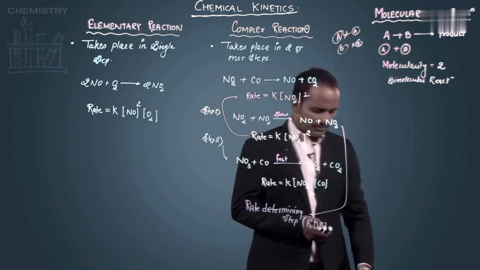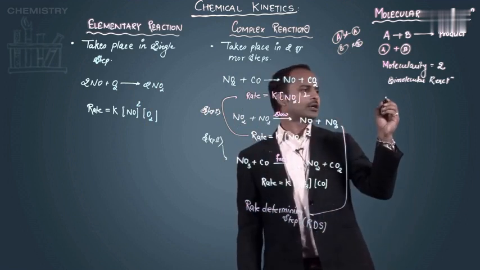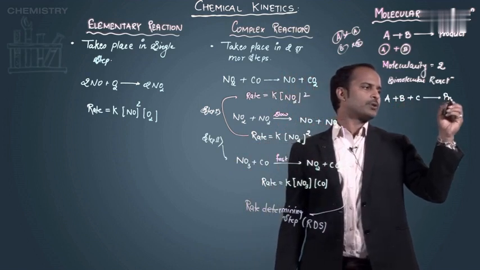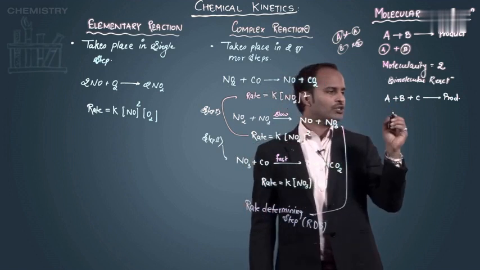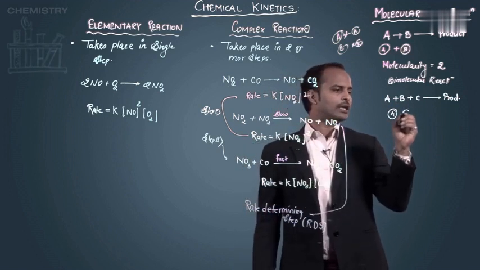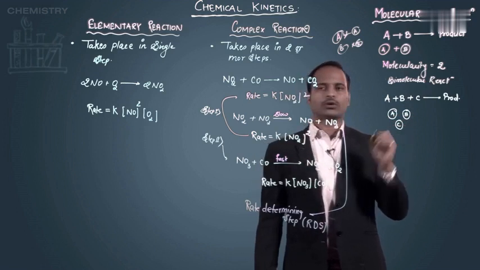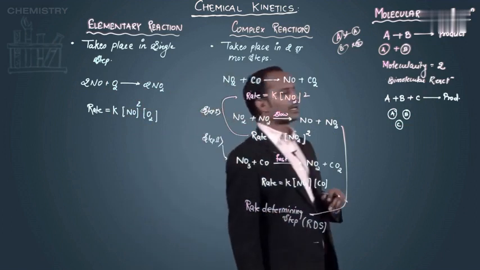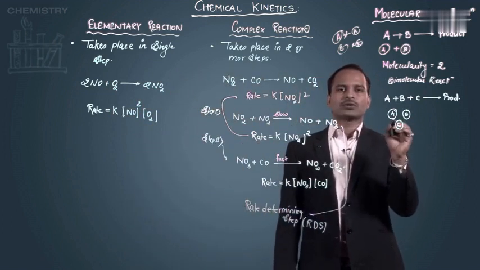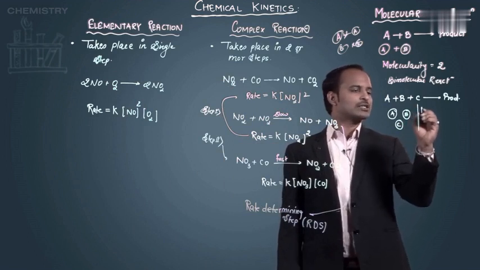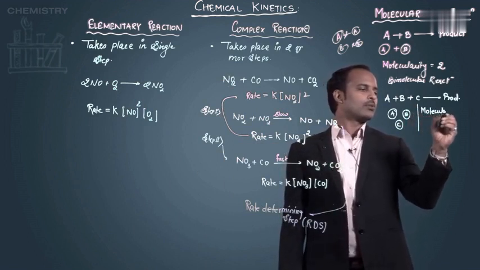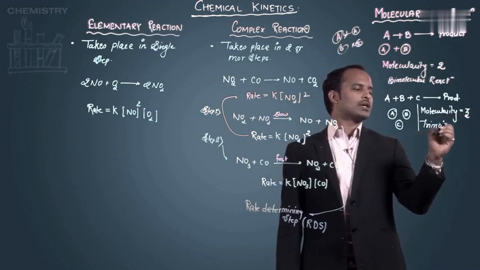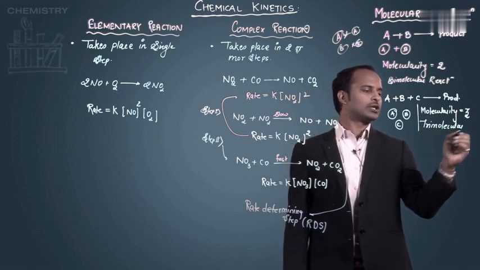Then second, suppose I have another reaction, A plus B plus C, which forms product. So again, according to collision theory, a product will form only when A, B and C, all three collide together, that is simultaneously. If all three are colliding simultaneously, then only product will form. So in this case I can say molecularity is equal to 3. And if the molecularity is 3, then such reactions are called trimolecular reactions, which have 3 molecules